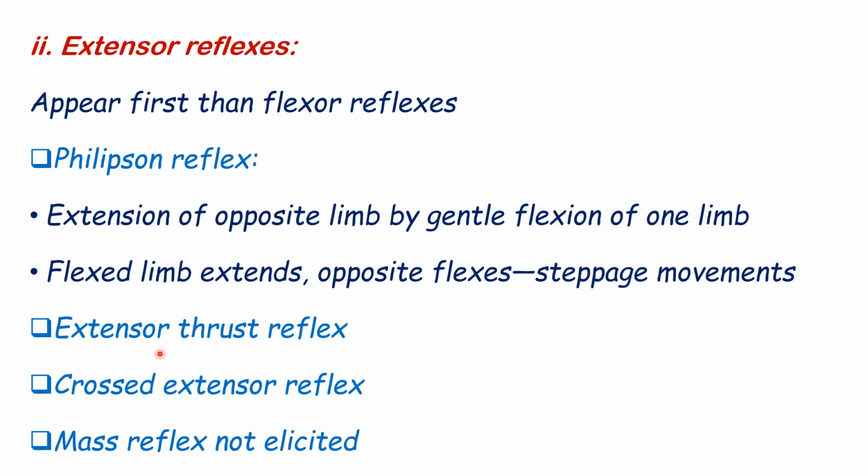Another important reflex is the extensor thrust reflex. It's again a slightly difficult reflex, whether you remember it or not. This is a physiological extensor response, with active contraction of the quadriceps and posterior calf muscles with straightening of the limb. What happens is, you press the foot of the patient upward with the palm of the hand in a spinal patient in whom the lower limb has been passively flexed and allowed to rest on the bed.